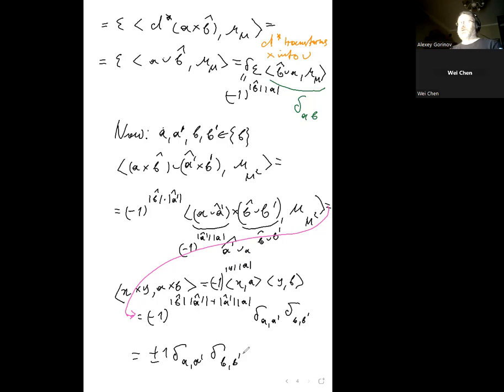The signs can be recovered from this formula, and the end result is by comparing these. Let me put an asterisk here, and a double asterisk here, by comparing